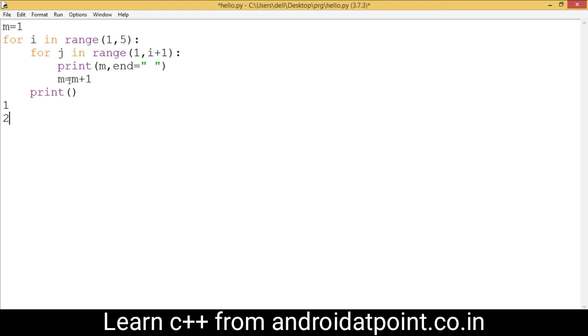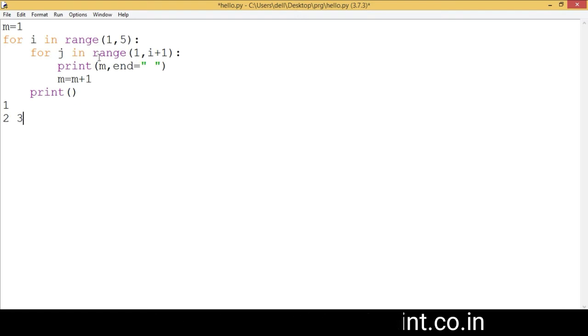So 2 plus 1 is 3, assigned into the m variable. The second time, print the value of m as 3 here, and after that control comes here and adds 1 to m. So 3 plus 1 is 4, assigned into the m variable. Now the value of m is 4 and the loop is terminated because the loop is executed only 2 times.